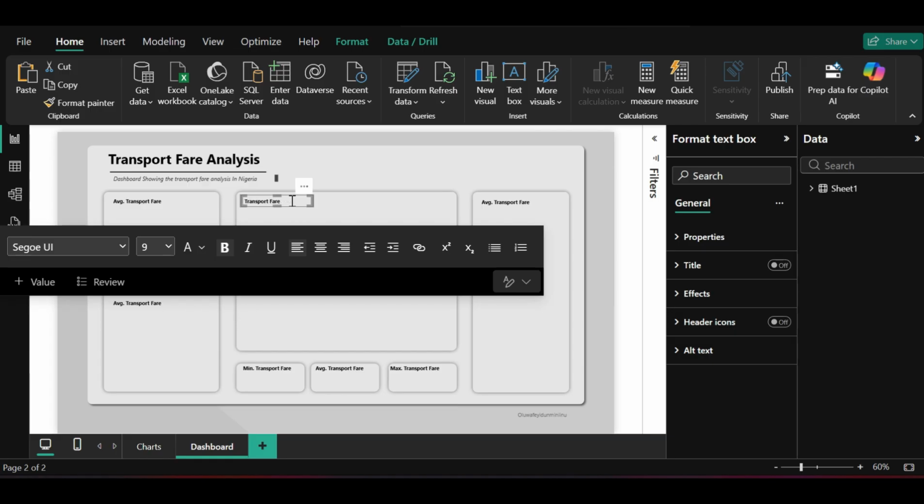State transport fare. We can make this one state transport fare, or we actually make it state per transport, or state transport fare. State transport fare so that we not. Then we have